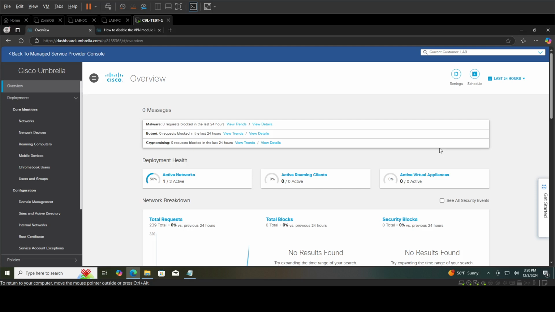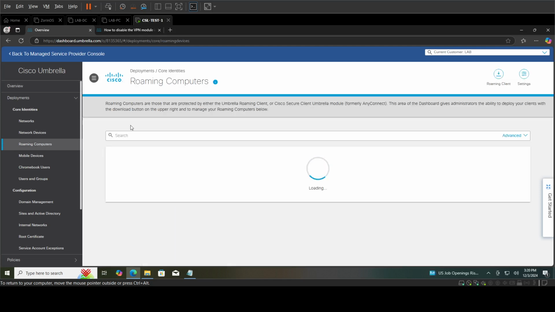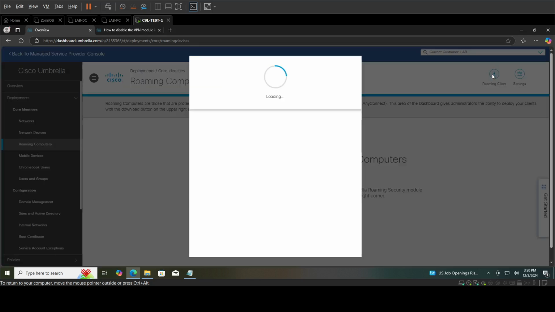The old Umbrella roaming client is officially discontinued, so you're basically going to want to go ahead and use the latest version for upgrades and all the rest. So first thing you want to do is log into your Umbrella console. I've already done so here. Then go to roaming computers, go to roaming client,